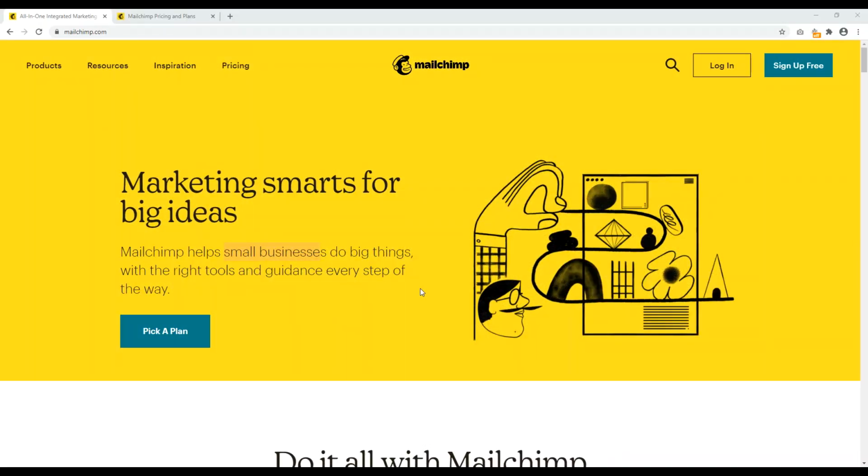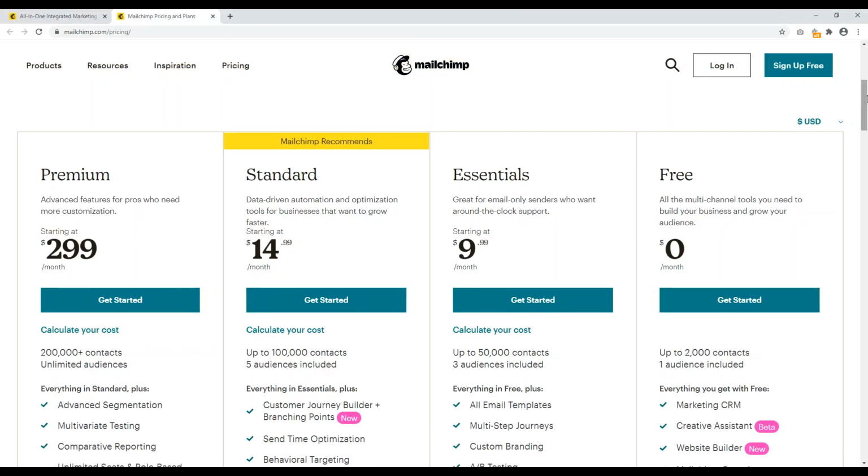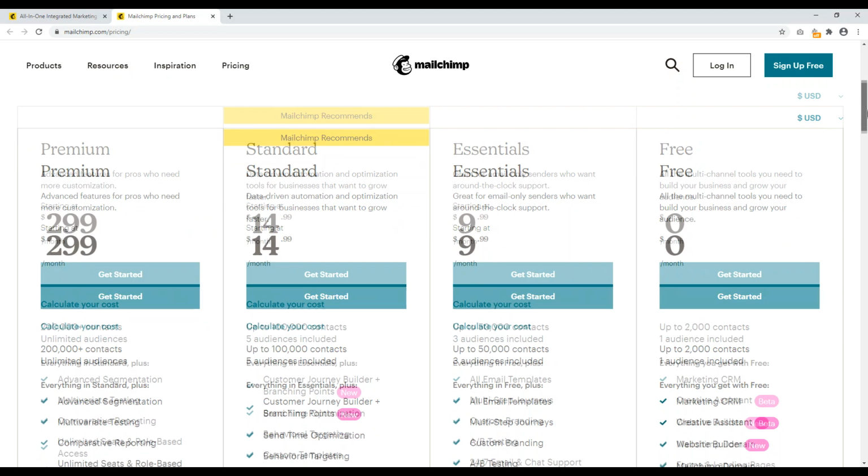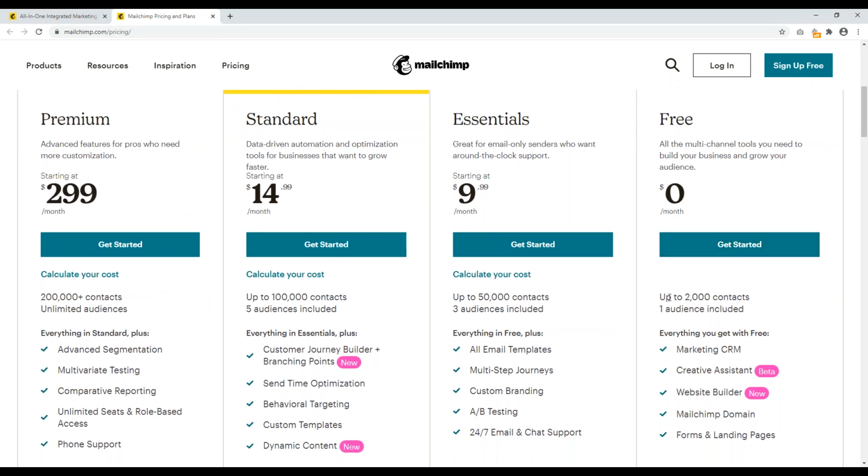Number 3 is MailChimp. MailChimp made the list because honestly, they offer a very generous free plan, and it's fantastic for anyone who just wants to dip their toes proverbially into email marketing. With their free plan, you can have up to 2,000 contacts, and you can send 12,000 emails a month. So that means you can have 2,000 people on your email list, and you can email them once a week. After your list size grows and you want to send more emails, then you've got to